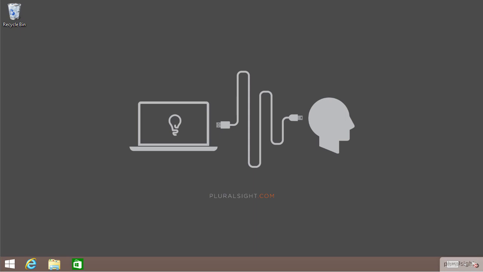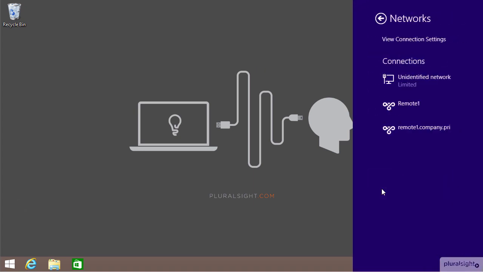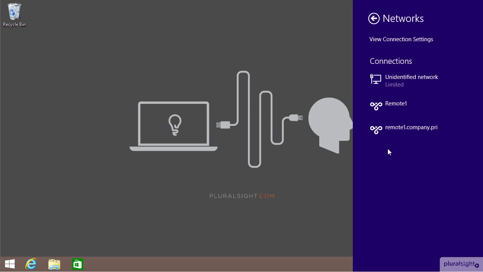So let's actually complete this entire process by now publishing a website through the web application proxy that we just configured. Let me begin first over here on my desktop. This is the same desktop that we were working with earlier in this module. I mainly just want to show you first that if I come back here under settings and then to the network connection, that this laptop currently is not connecting up through either of the VPN connections we created earlier in